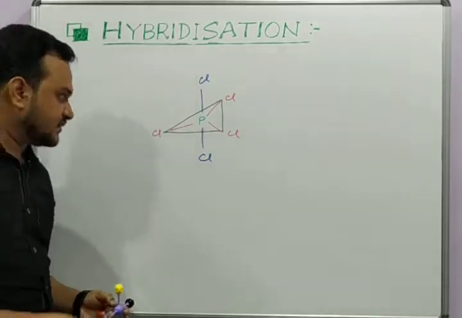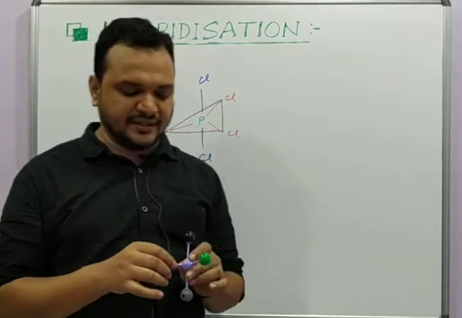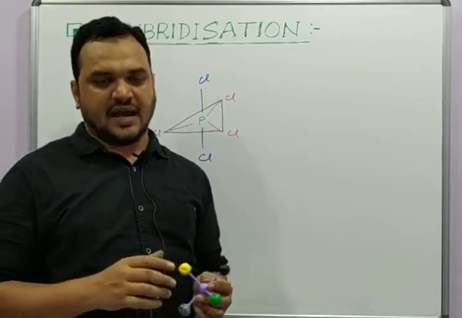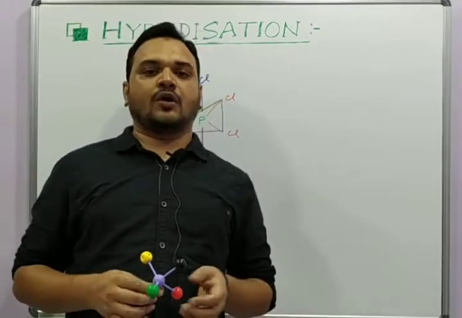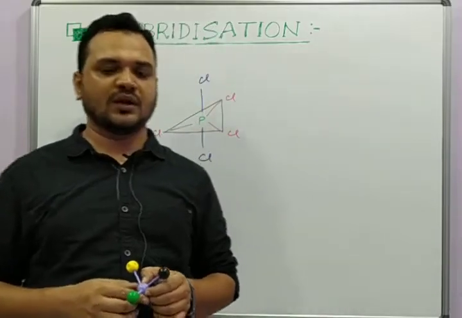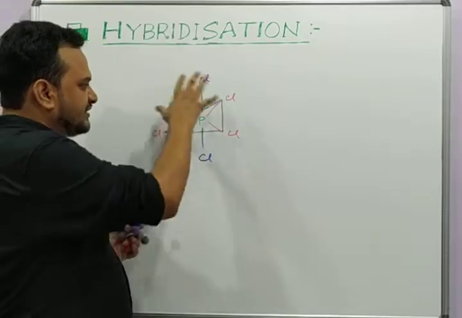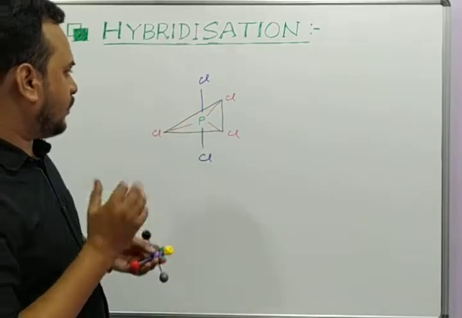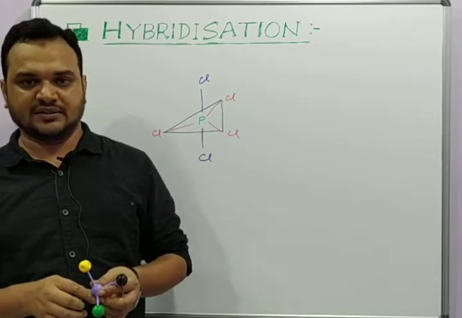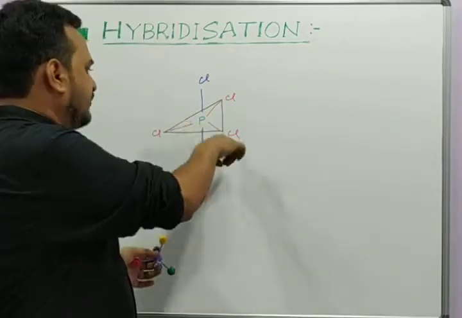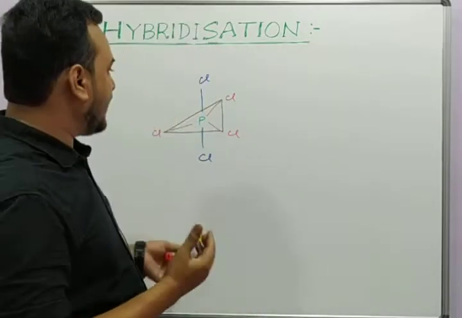Now the problem is, when we discussed methane, all those C-H bonds were exactly identical in terms of bond energy and bond length, and that's why we defined hybridization as a process where the atomic orbitals are mixed to give you an equal number of energetically equivalent hybrid orbitals. Now the problem is, experimentally when PCl5 was examined, we observed that there are 2 types of bond energy and bond length, which means all the 5 P-Cl bonds are not energetically equivalent. And how can we explain this?